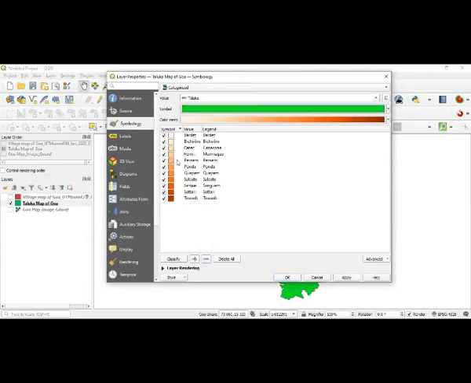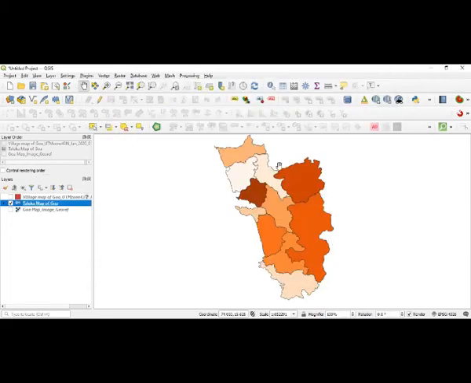So now you have selected the colors for this one, and I will say apply, and you can see that the whole map has changed into this kind of map. So what you could see is that I have given random colors. That color doesn't reflect any specific data. It shows only some random color.